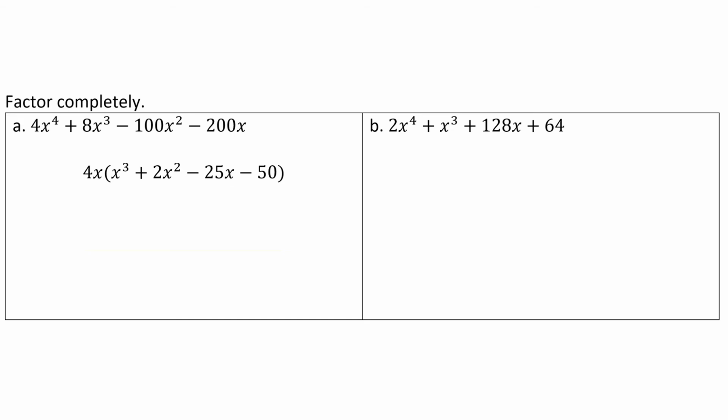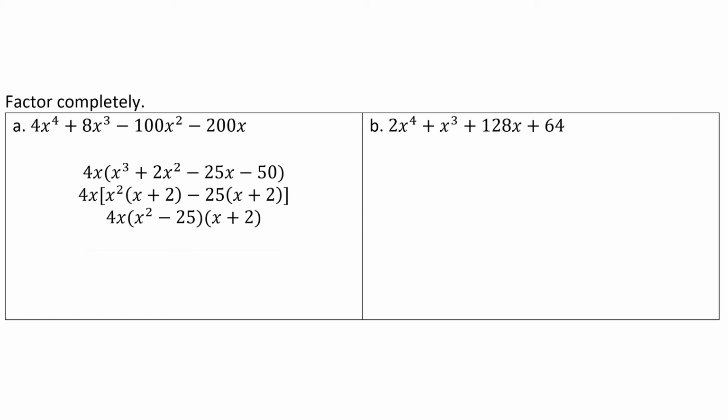We can't take anything else out, but the 4 terms leads us into the thought of maybe grouping is going to work. And remember, this is a special situation. In 4.4, we're looking at certain situations that sometimes work. I'm not saying that 4 terms always lead to grouping, but it's at least worth checking. From the first 2 terms there, it seems like an x squared can come out, and from the second 2, the 25 and the 50, clearly 25 goes into both, and if we factor out the negative, that should be able to give us the same set of parentheses, x plus 2. We group together what we have pulled out, x squared and 25,